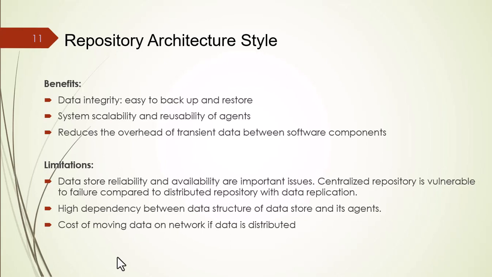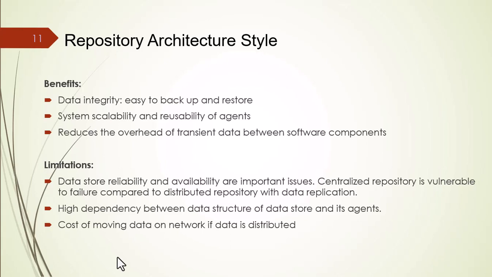And one more example I would like to explain: if you have a bank account in some city and you go to some other city using the same bank but a different branch, they can see your data. So how? Because the database is centralized, the repository is centralized, so anywhere you go to the same bank but another branch, they can see your data, you can deposit and withdraw your money, and then the same